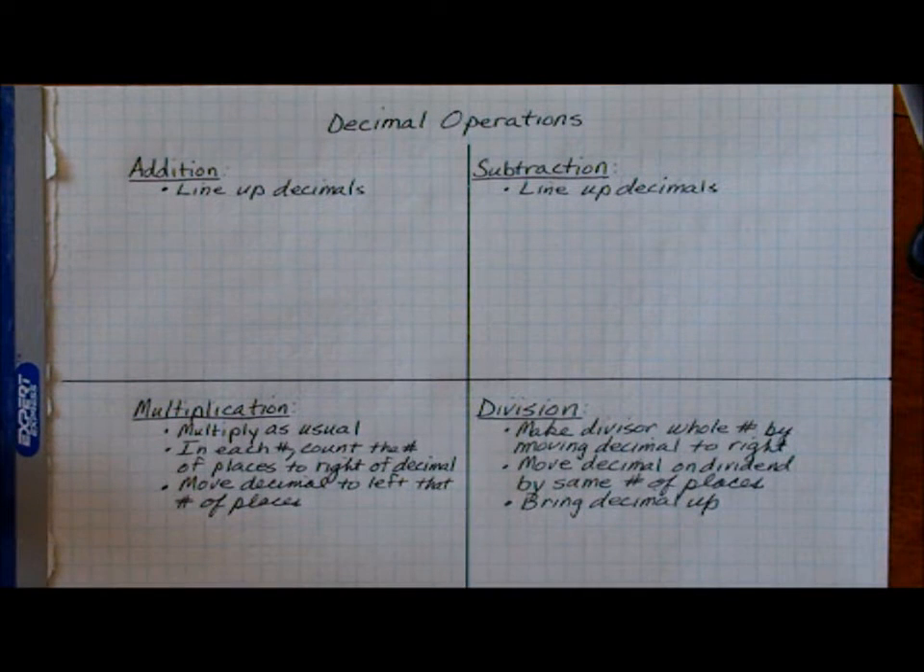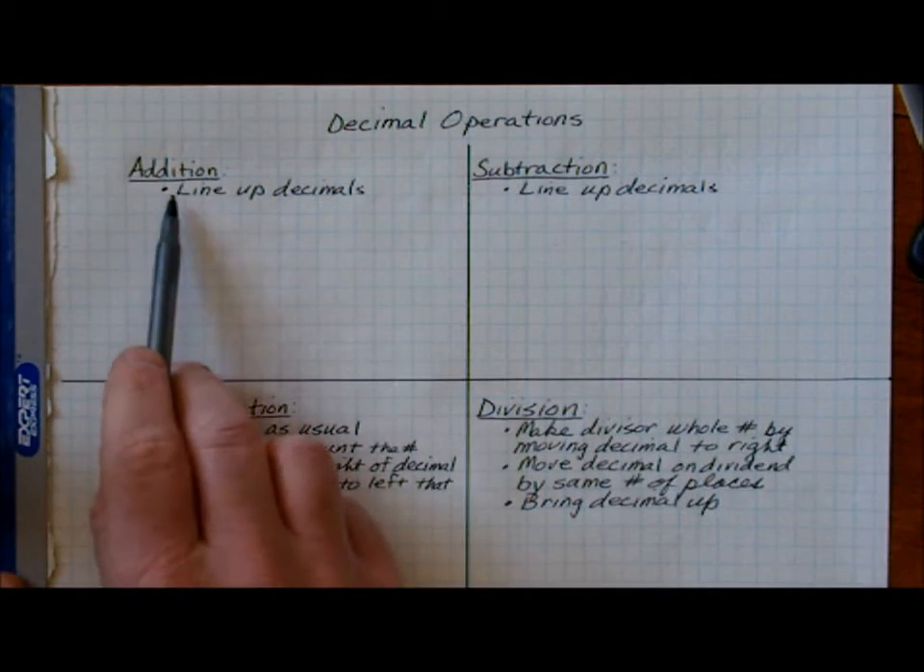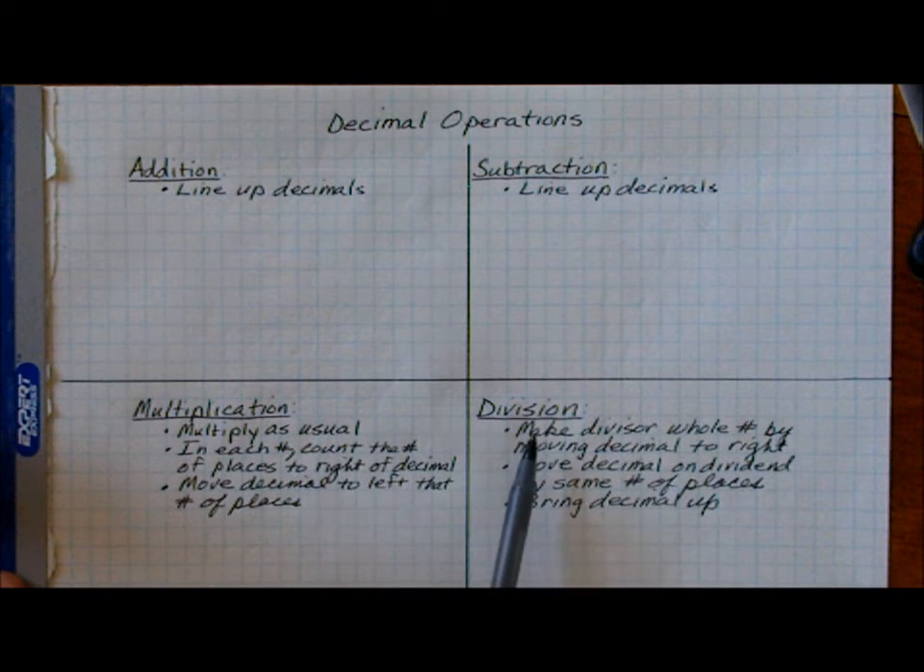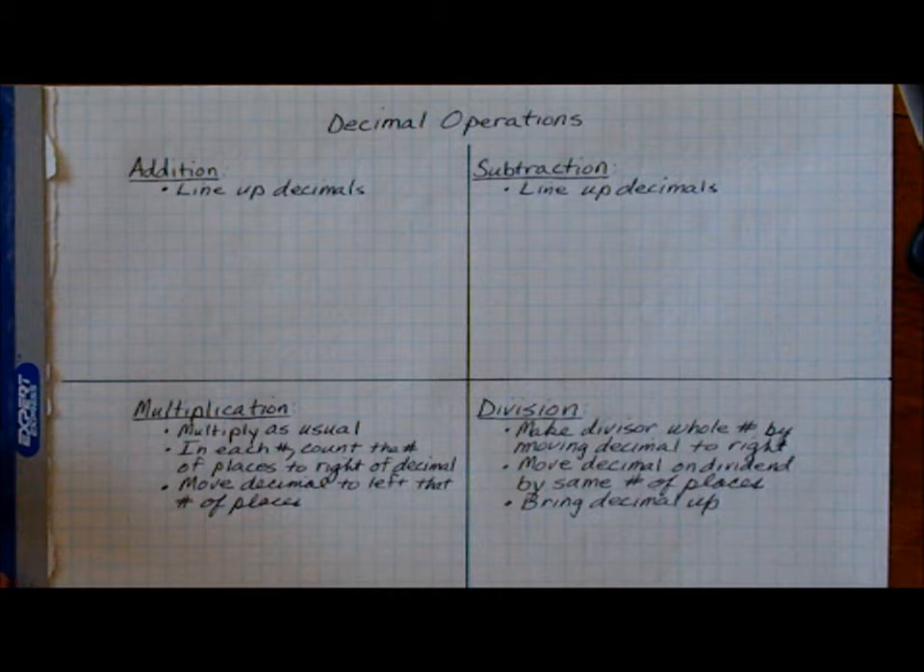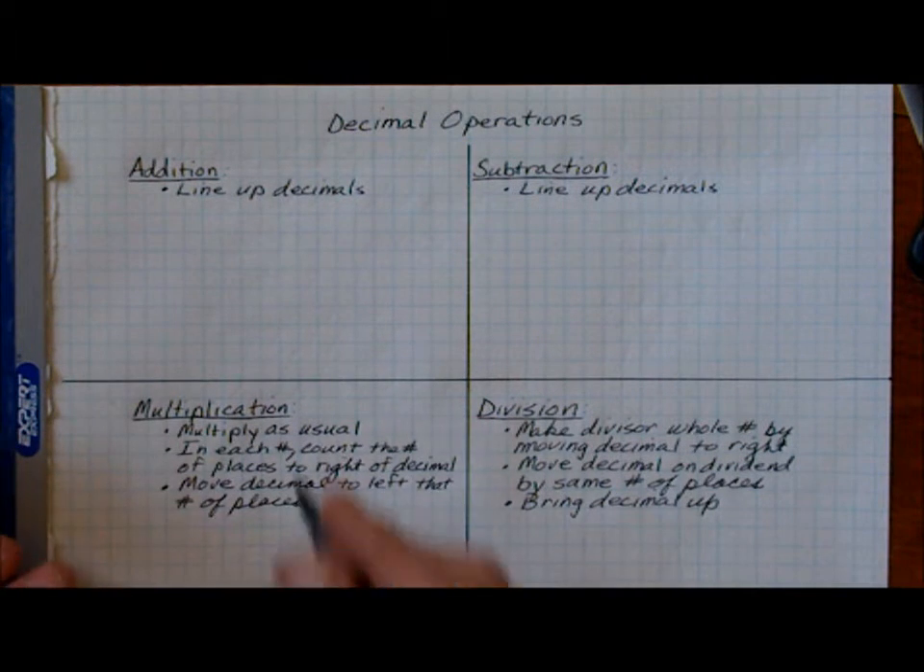This is a review of decimal operations. We're going to use the four operations: addition, subtraction, multiplication, and division with decimals. Now, the first rule for addition is to simply line up the decimals. Okay? So let's say I'm given a problem like